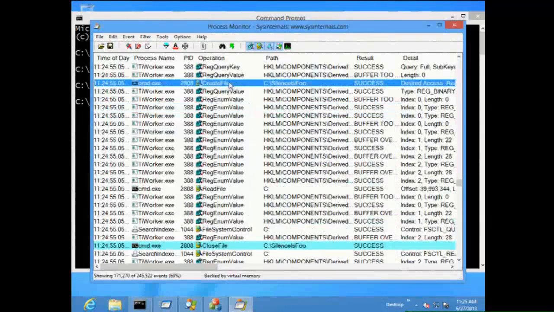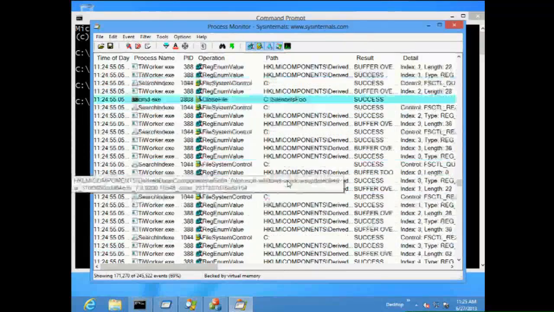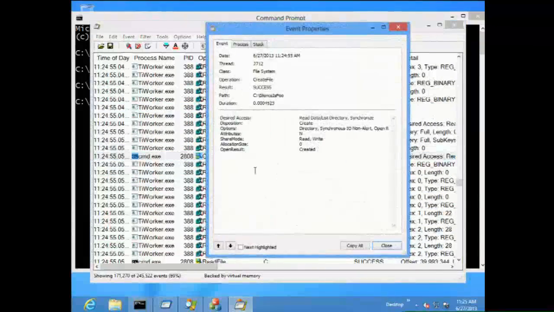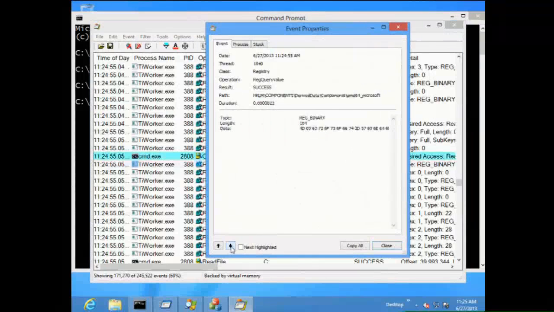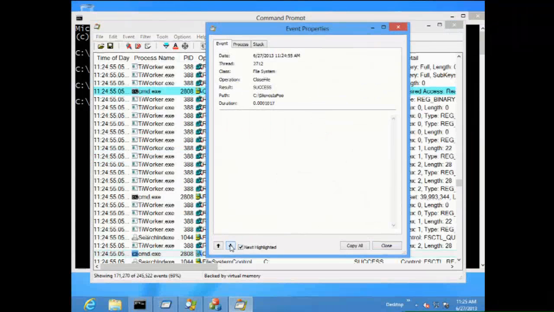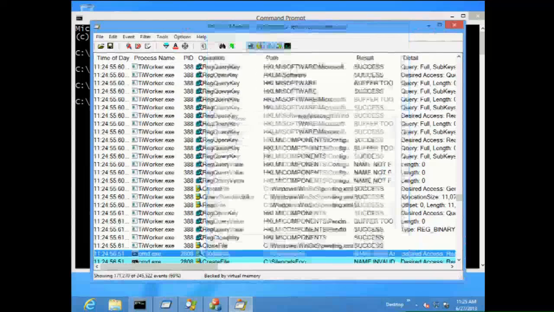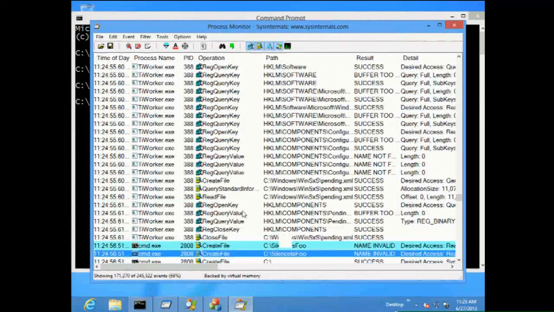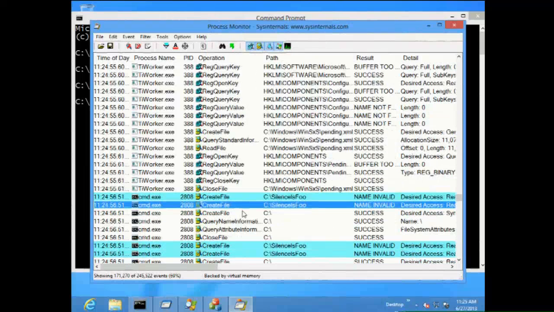All instances of silence is foo. Now what you've been able to do in the past is when you have highlighted events, you can navigate between them by opening up the properties dialog, and instead of clicking the down arrow to go down one event at a time, you can say next highlighted. Okay? But now you don't need to do it that way. You can use F4 and Shift F4